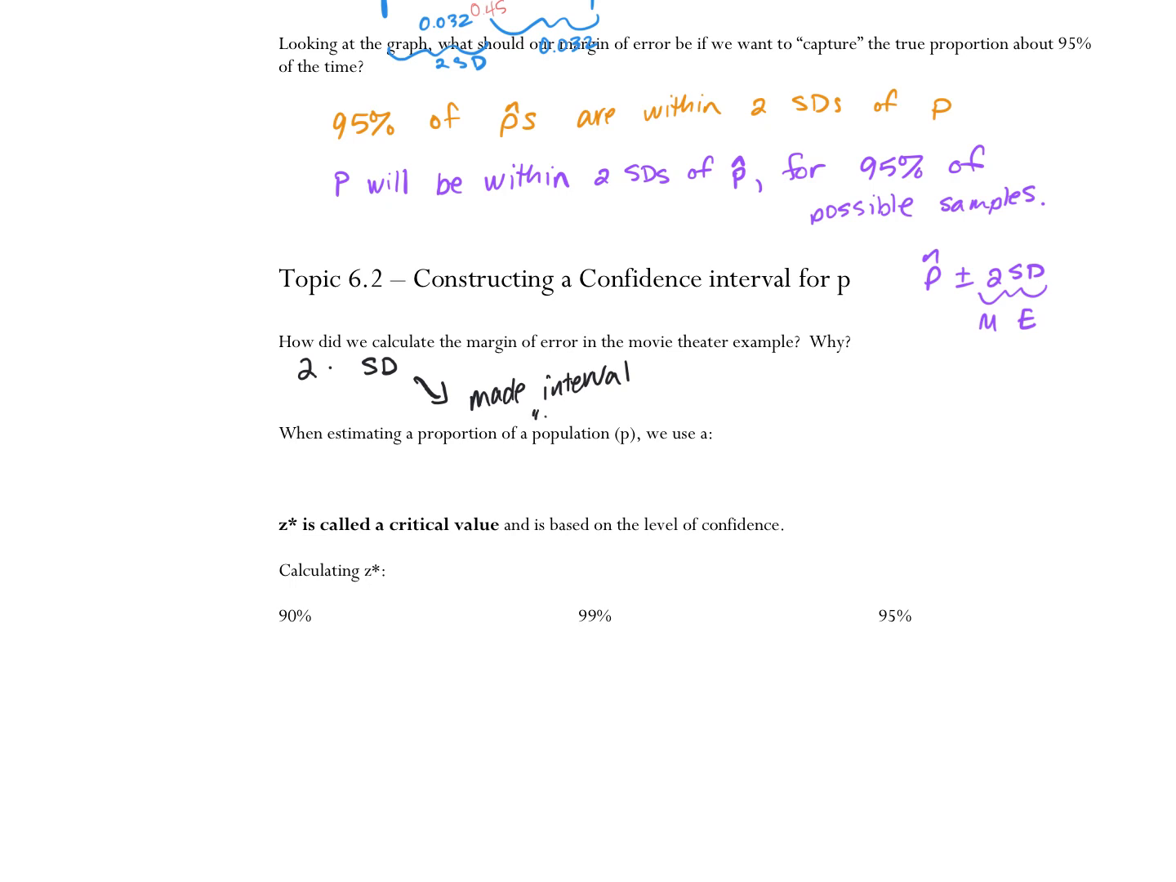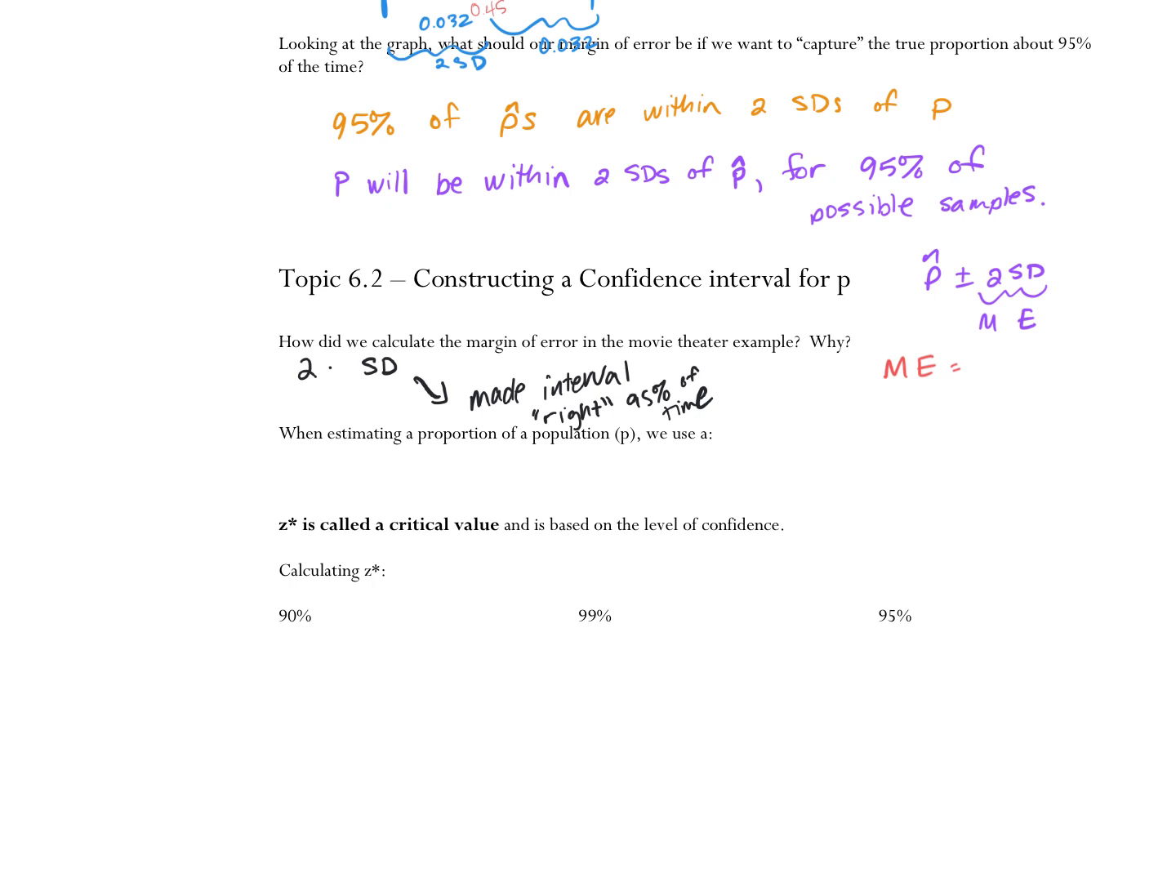quote unquote, right, capturing that true value 90% of the time, or 95% of the time. So, in some respects, our margin of error was made up of 2 components, the 2 and the standard deviation. Is everybody good? And essentially what that means